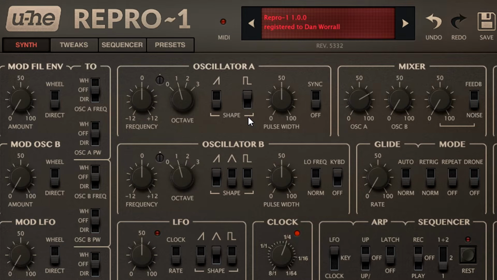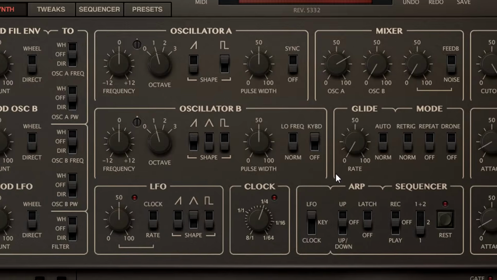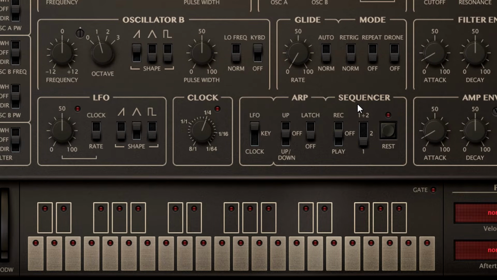Now I'm going to jump to one of the most fun features of the synth, the sequencer section. Creating a sequence is a simple matter of switching to record mode, then playing a sequence of notes, then switching to play mode. Now playing a note will trigger the sequence, which is clocked by the LFO, so I can speed up the sequence by increasing the LFO frequency, and transpose it by playing different notes. This behaviour is faithful to the original synth.